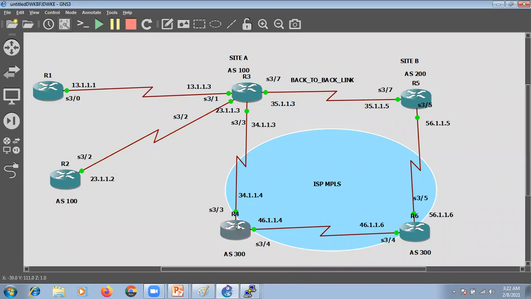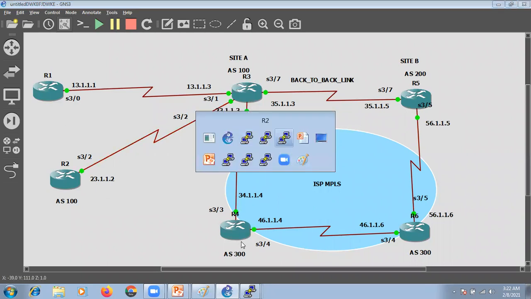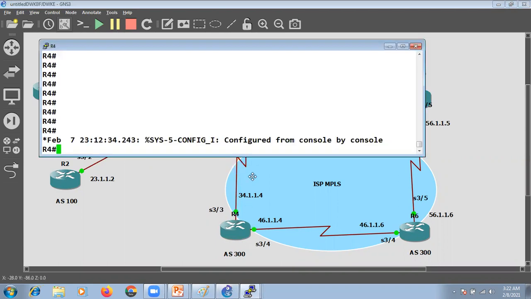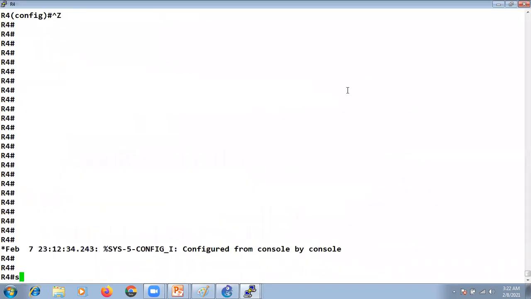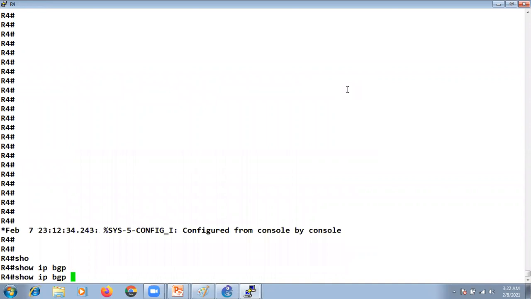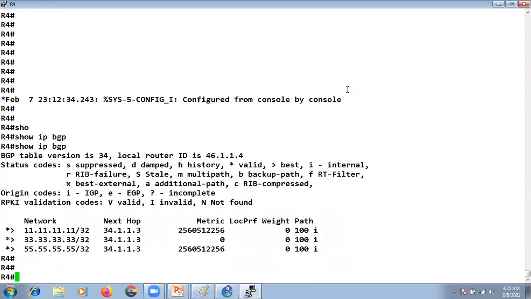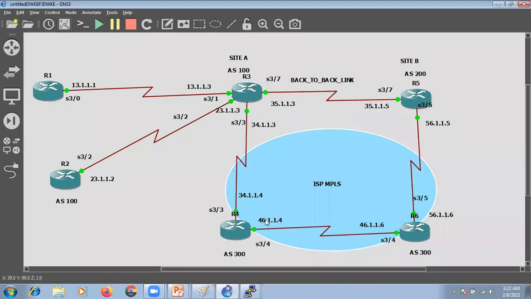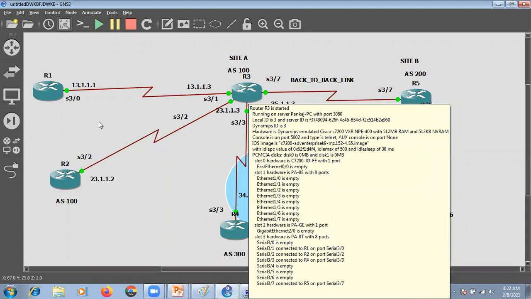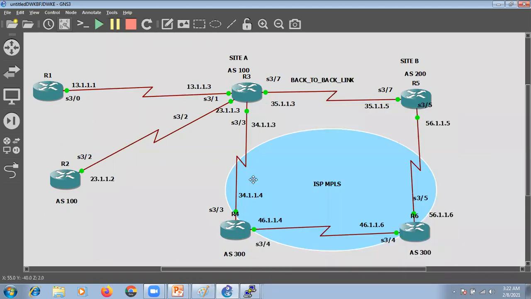So now R3 is also advertising the routes to R4. If I go to R4 and check show ip bgp, right? Because now R4 is the eBGP neighbor, that's why while R3 is advertising the routes to R4, it is changing the next hop.